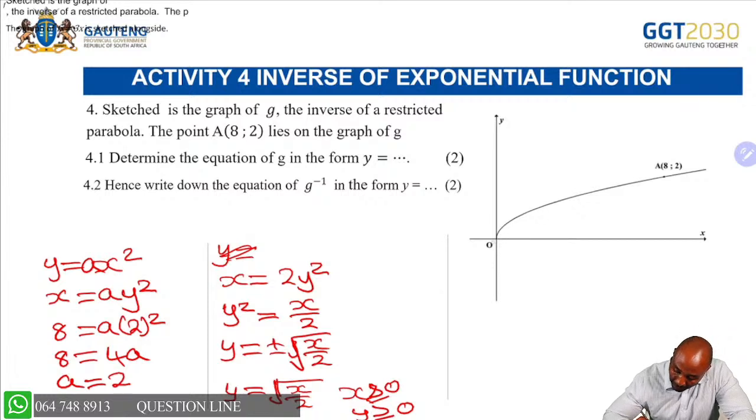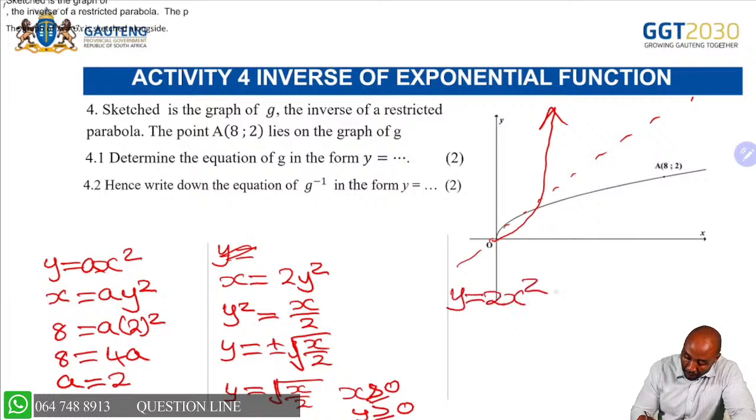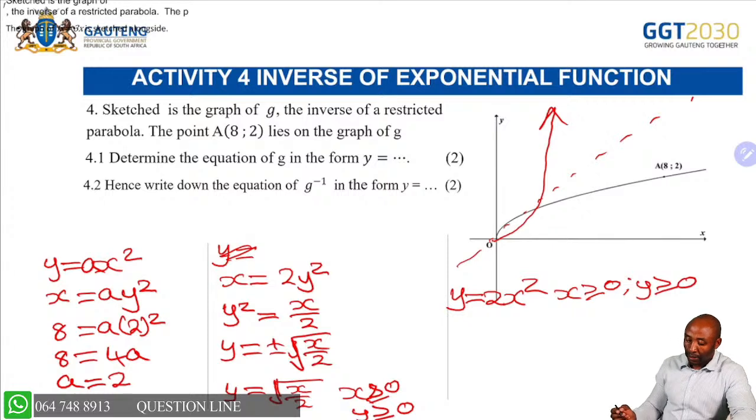Because this is the inverse, the inverse of this one will be like that, where we have our axis of symmetry going that way. So the inverse of that will be given by y is equal to 2x squared, where our x is greater than or equal to 0 and our y is also greater than or equal to 0 as our restriction. We move on now